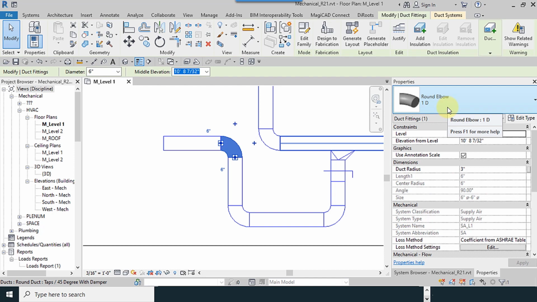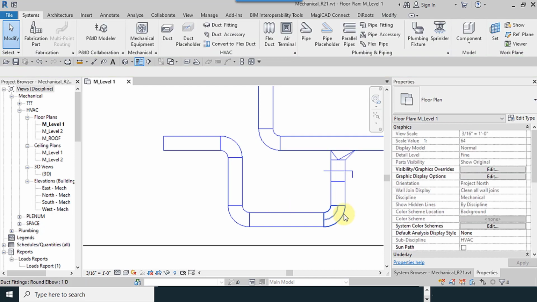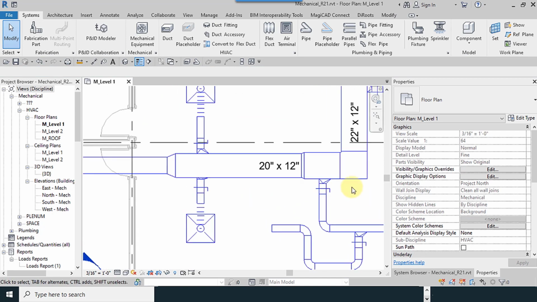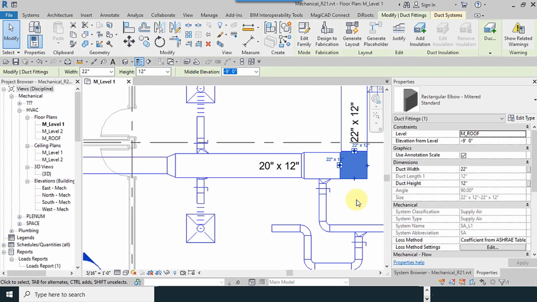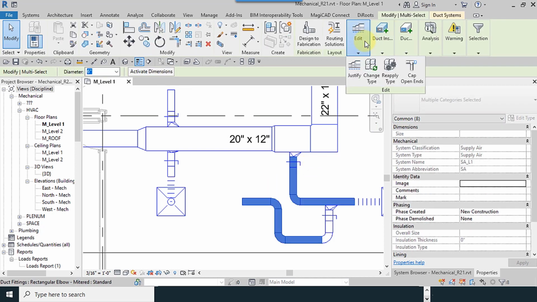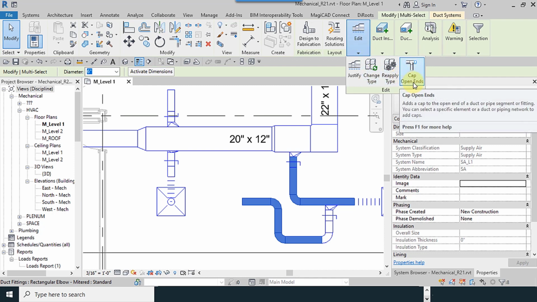So all the elbow fittings have changed. You can do this for other parts too. Our next tool is